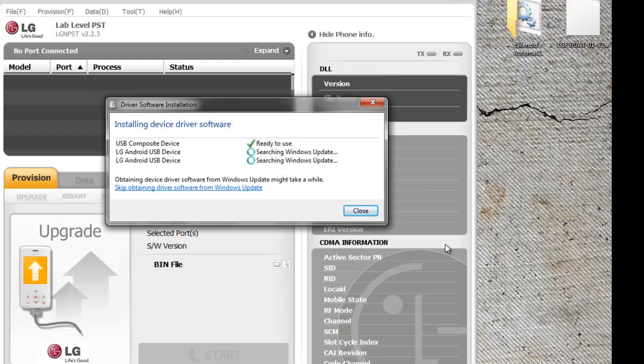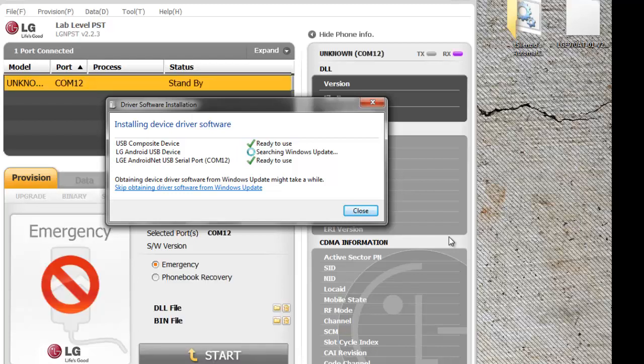Drivers are installing. It takes a few seconds. See, your device is connected already.